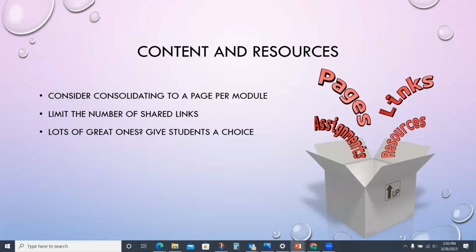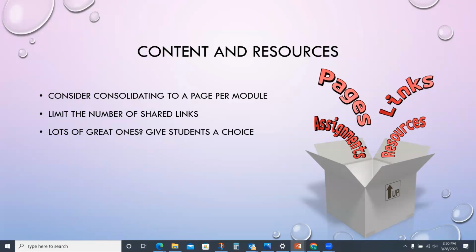And I always liked, let's say you've got 13 resources in a module, so you've got some videos and you have a couple of articles, even if the articles and the videos and whatever other resources aren't very long and very time consuming, if a student is looking at their week 2 module and they see 13 different things that they need to click on or view or read, that can be overwhelming.